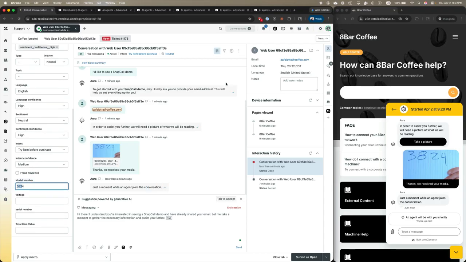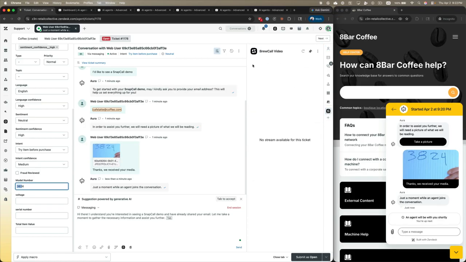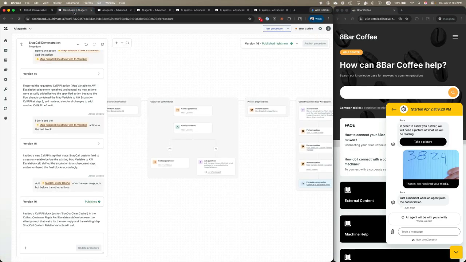Now, if we wanted to see this from SnapCall, you would just use the normal SnapCall integration here on the right-hand side. I'll have to check why this one didn't come through. But if you wanted to look at the conversation itself,